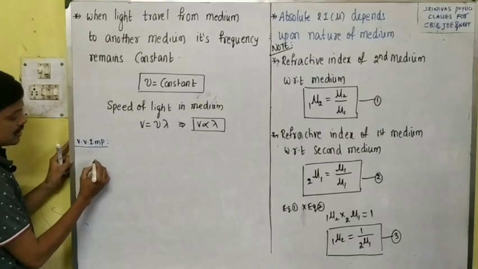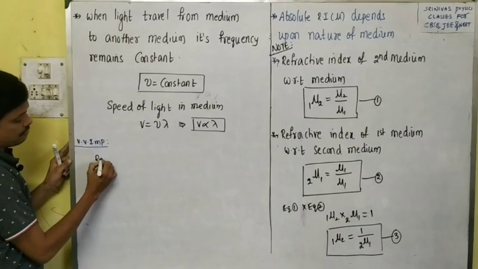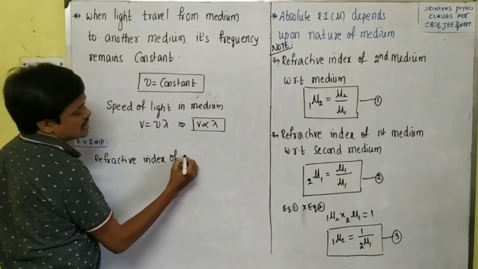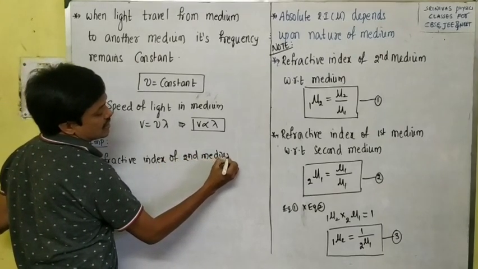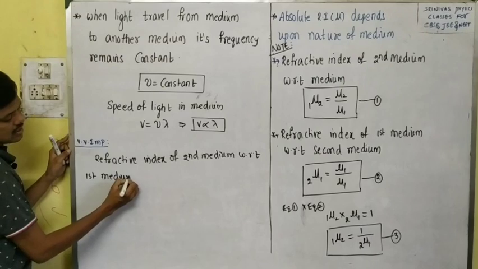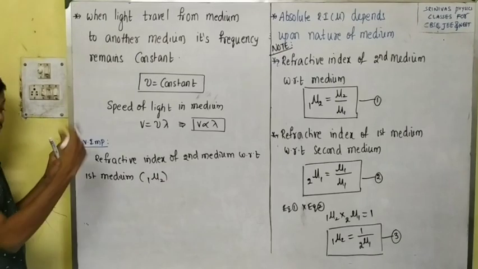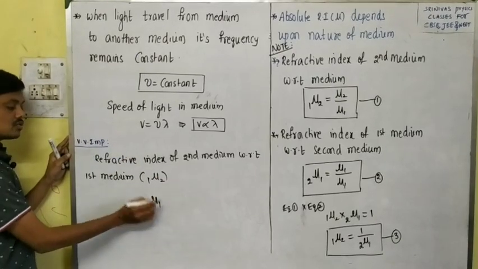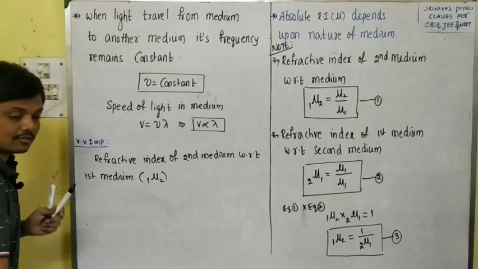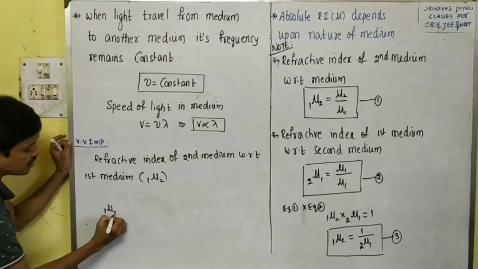Firstly, we discussed Snell's law, and then I want the refractive index of the second medium with respect to the first medium. Refractive index of second medium is mu2, with respect to first medium means 1. Whatever we discussed in 20 minutes, I will give in one formula. Let us start: 1 mu 2 is equal to